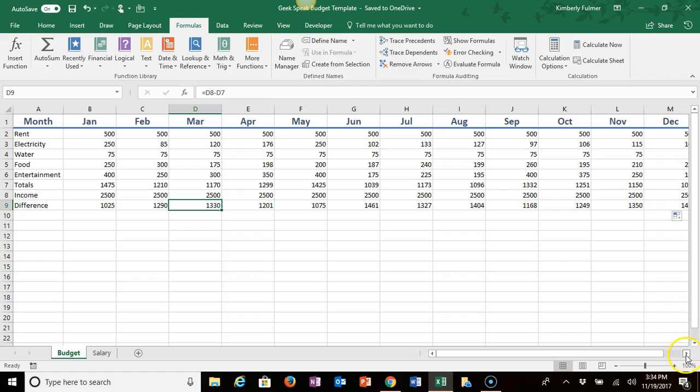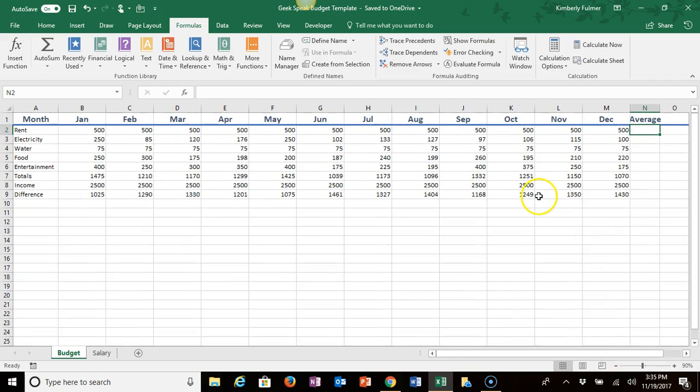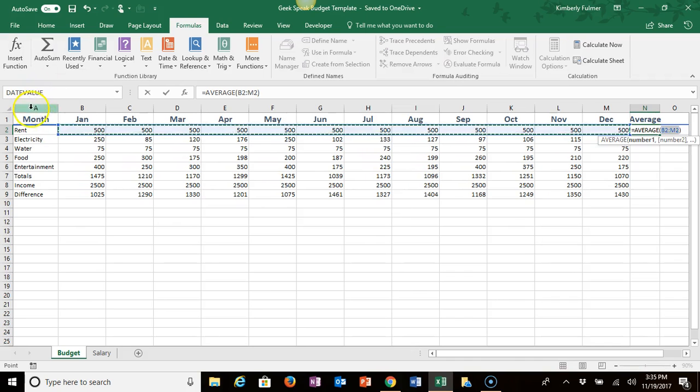Now, let's scroll over to the average column. We want to find out what our average monthly bills are. In this case, I'm going to zoom smaller so that I can see the whole chart. And I'm going to click on the arrow below AutoSum and select Average. And you notice that it highlights the cells that I want to average, and then it puts the formula B2 through M2. And I hit Enter,